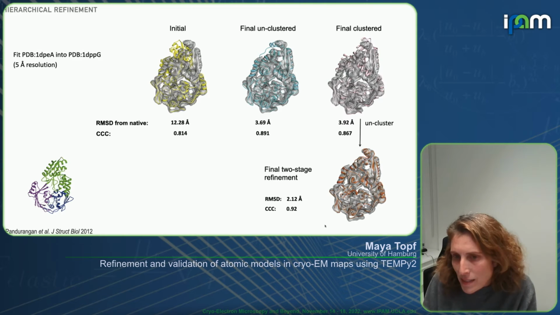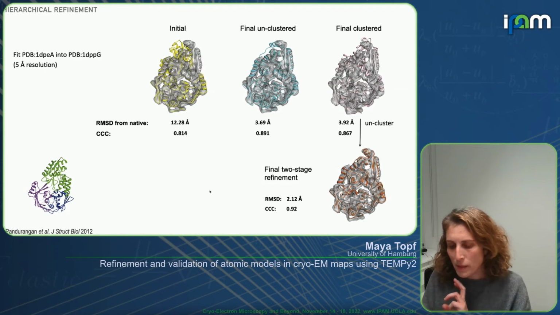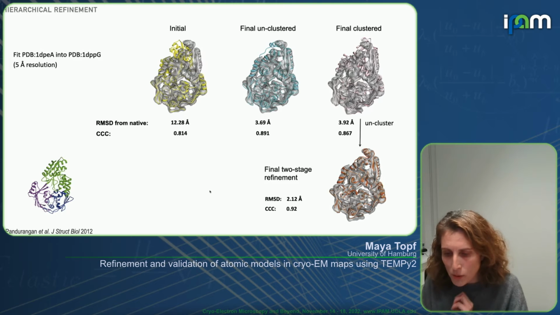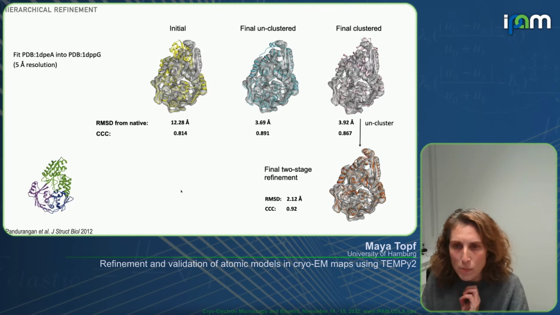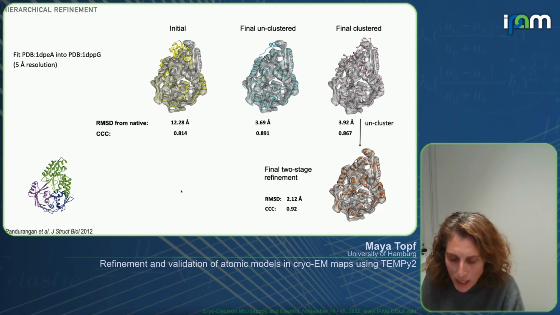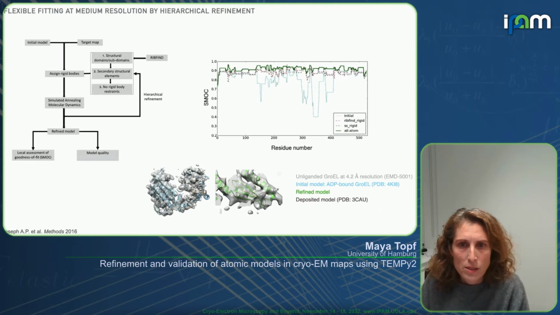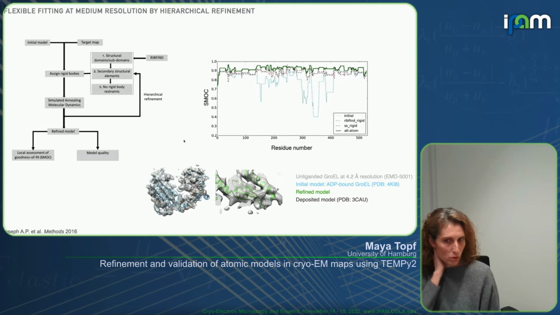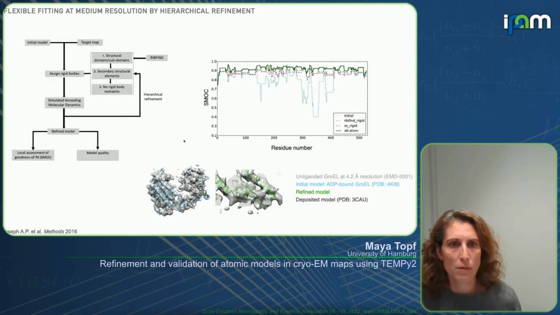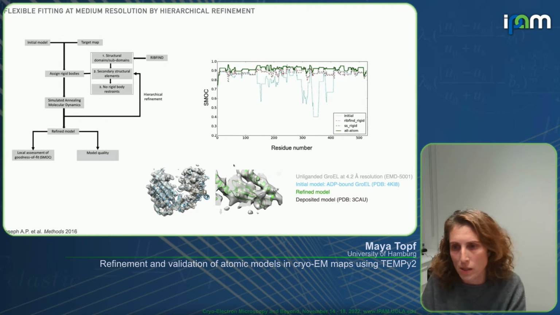So that tells us that this hierarchical refinement is actually quite important to do and makes the optimization much more efficient when we have a situation where the conformational change is quite large. And Agnel, again, what he did is he updated FlexEM at the time to work at a slightly higher resolution. And this is an example of a map of Goriel at 4.2 angstrom resolution,